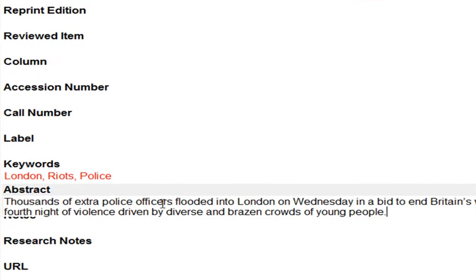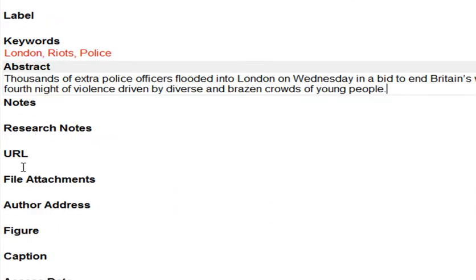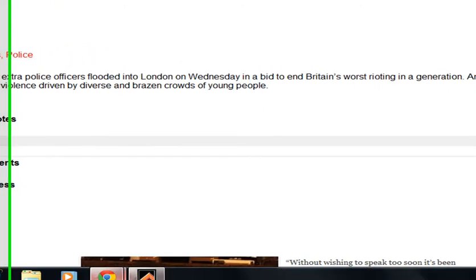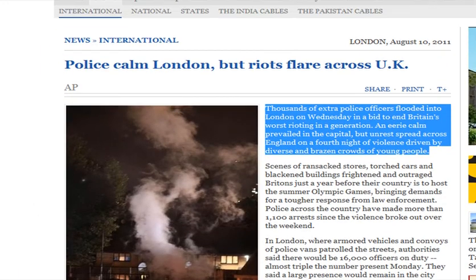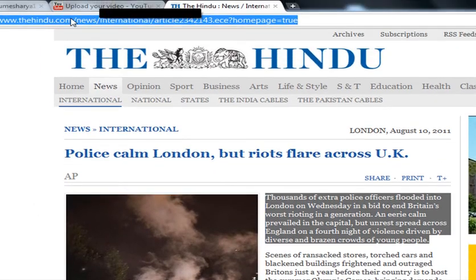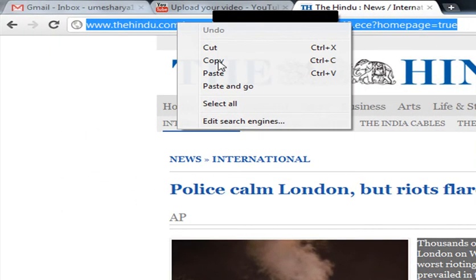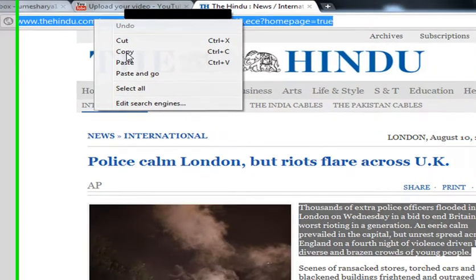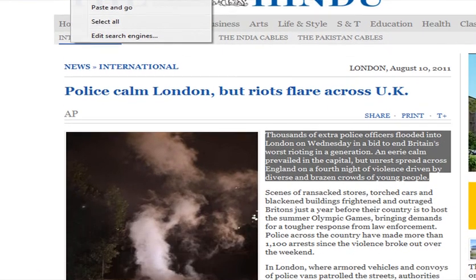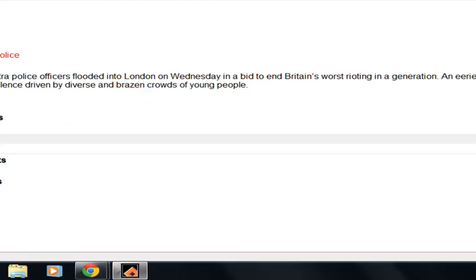Like this is the one. Now the URL is also very important. URL stands for Uniform Resource Locator. So we will copy that and we would enter it here.